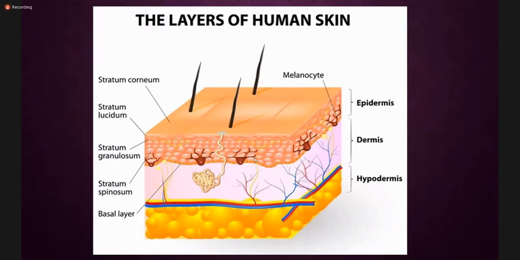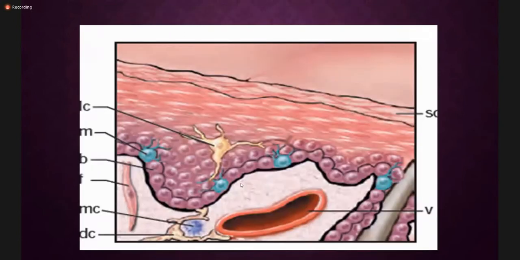So today we are going to do disorders of pigmentation. Now, looking at the individual cells, these are all the keratinocytes that are present here. This is the basal layer, and the blue cells here in the basal layer are the melanocytes. Now, these are the dendritic cells which are present within the epidermis.